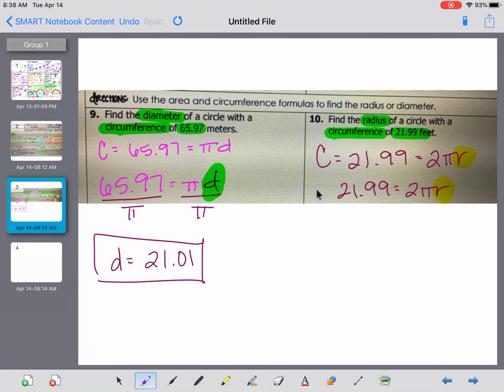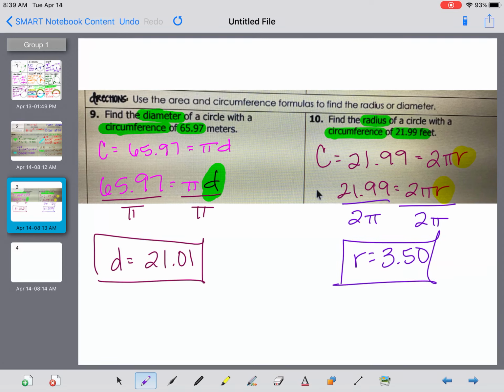So I have that 21.99 equals 2 pi r, and I'm trying to get that r by itself. So I'm going to get rid of the 2 pi. So I'm going to divide by 2 pi on both sides. And 21.99 divided by 2 times 3.14 is 3.50. So r equals